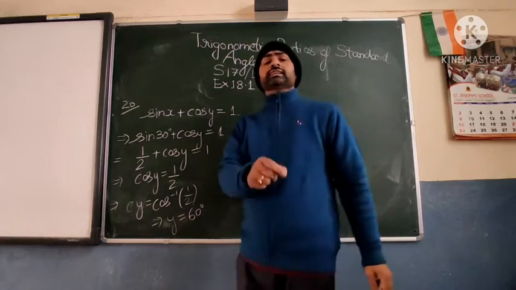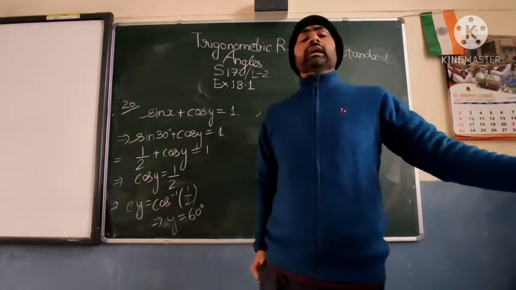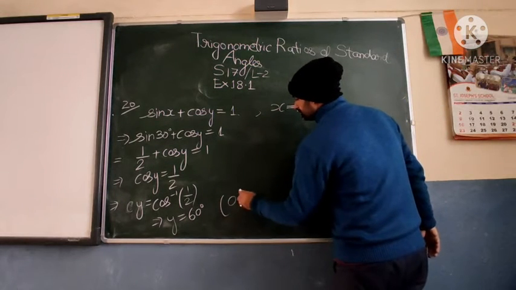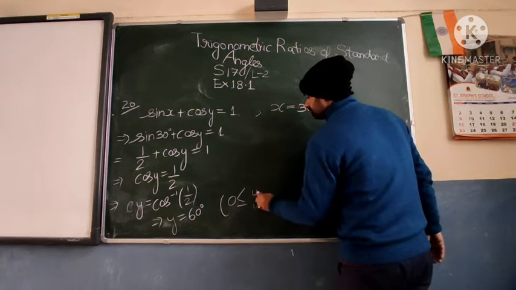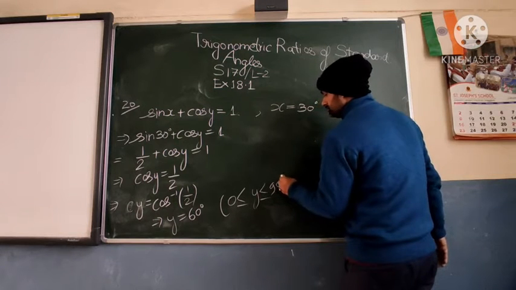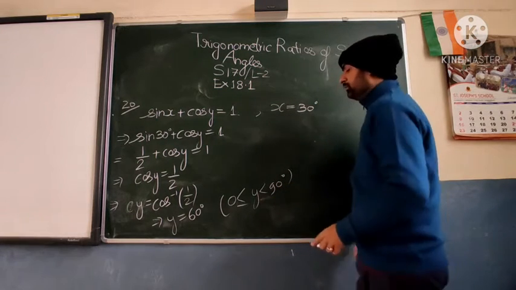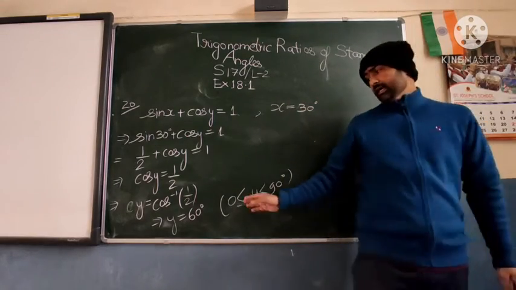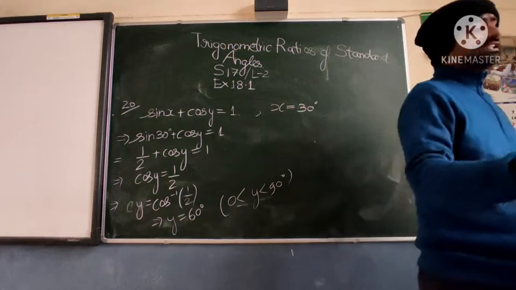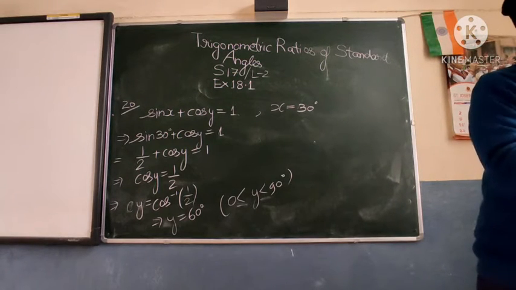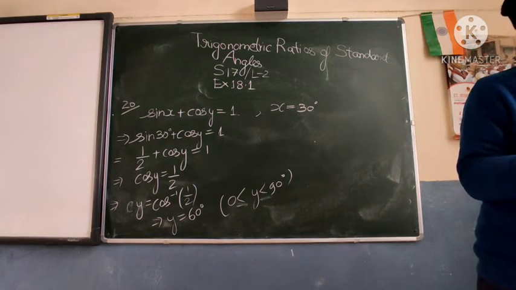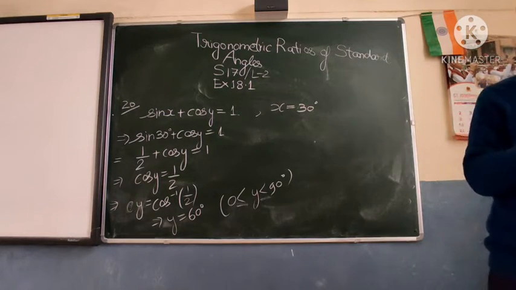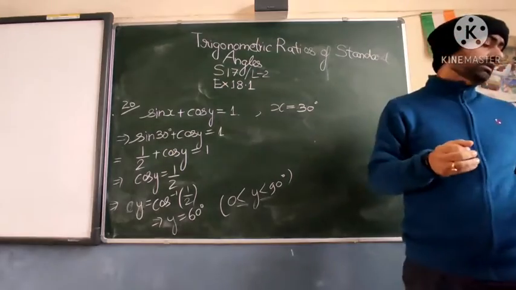And see, they are saying one more thing about y. That y is an acute angle. That means it has to be in the range of more than 0 and less than 90. So it has to be an acute angle. Is this value of y we are getting? It should be 60 degree. Let's verify the answer. Yes, 60 degree only. Then now, let us take the next question.